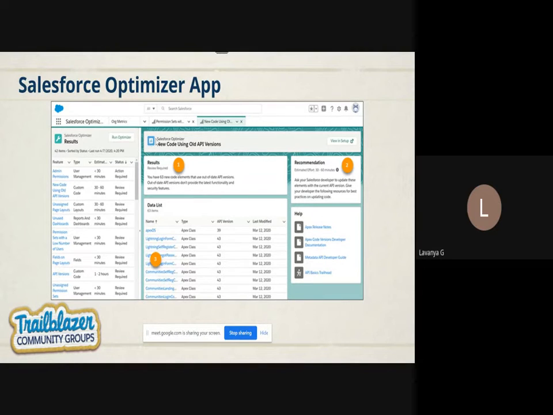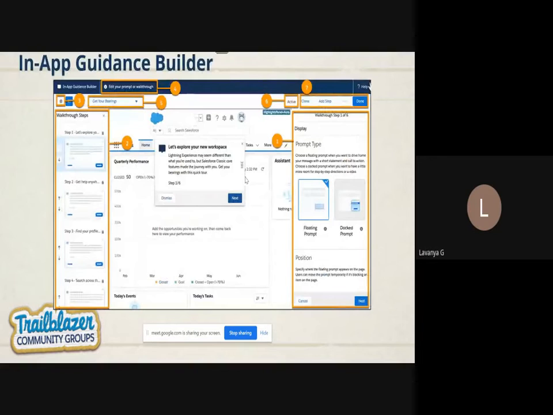So this is how the page used to look. I will show you in the demo. I will cover it. So go to the, yeah. So this is another builder. This is the new one, but walkthroughs are also joined into the new builder, the in-app guidance builder. So this builder will help the end users. If you want to enable any walkthrough or if you want to show any prompts, you can use this in-app guidance builder. It is easy.